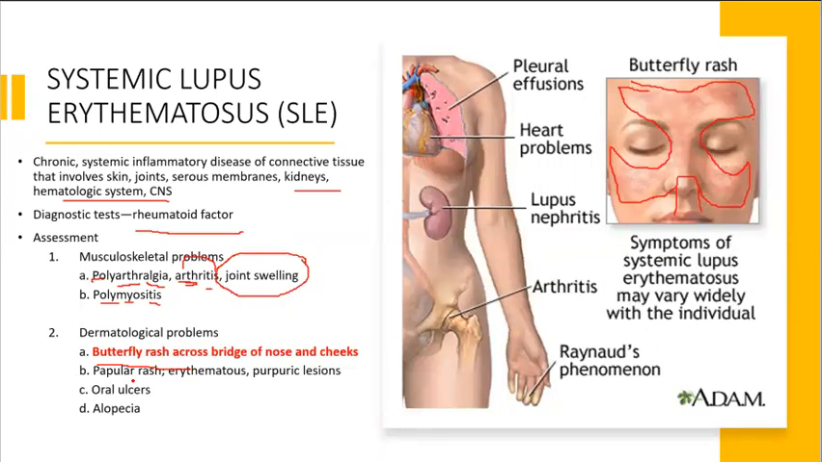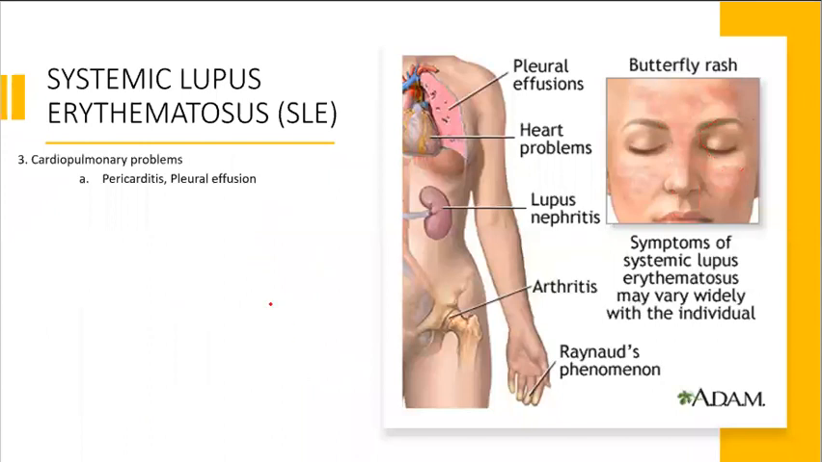The client could also have papular rash, erythematosus, purpuric lesions. They could complain of oral ulcers, alopecia. So those are some dermatological problems you would see in this patient. Again, you could also have cardiopulmonary problems like our pericarditis. You can see pleural effusion,